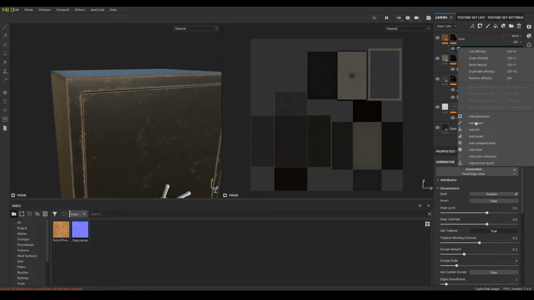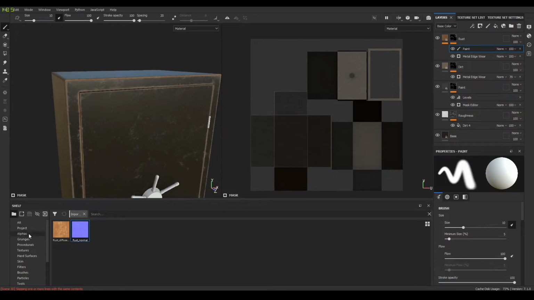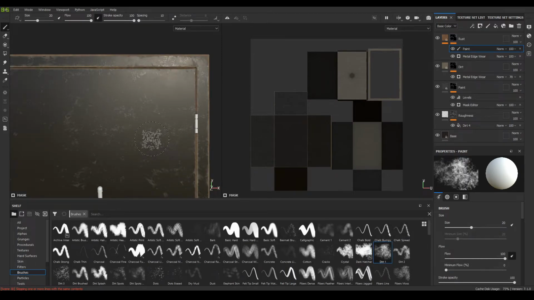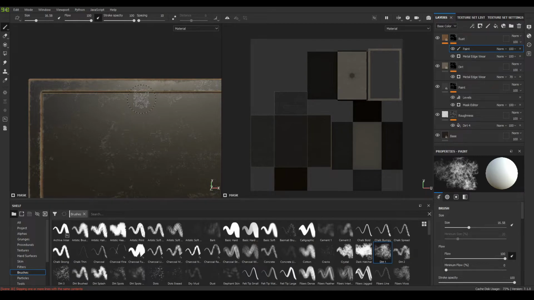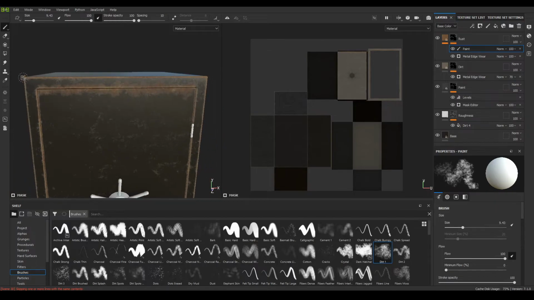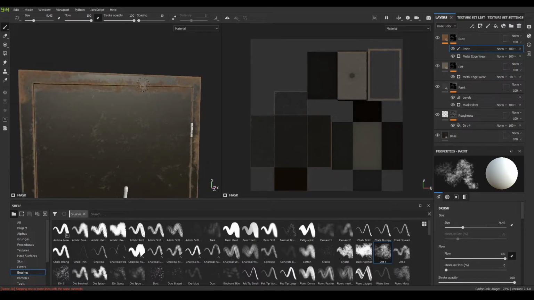Now add a paint layer and select your brush to this dirt and add some custom rust with your brush. I'm going to paint some rust on my model.